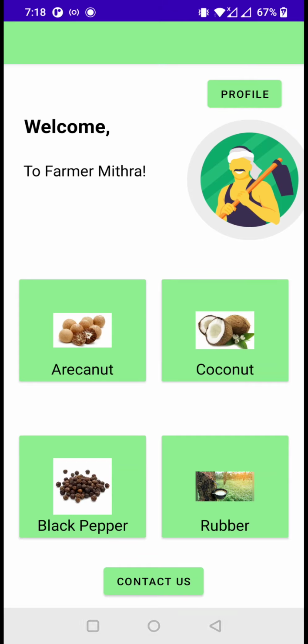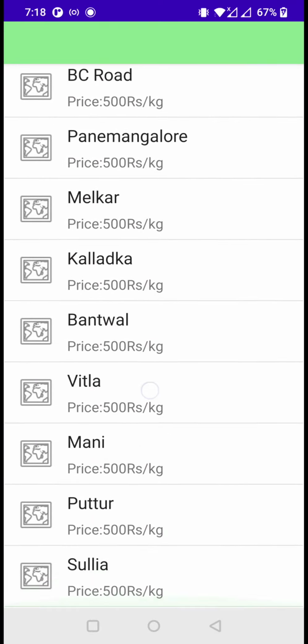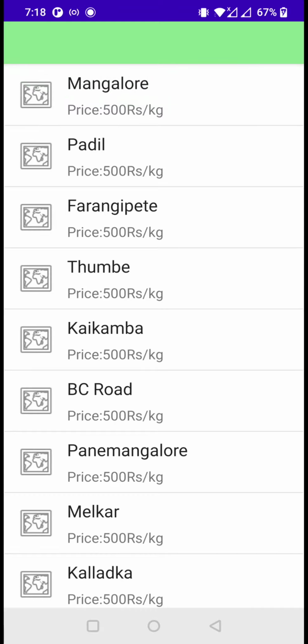These are the main crops we have provided. This will give a detailed price list of these crops in different places.